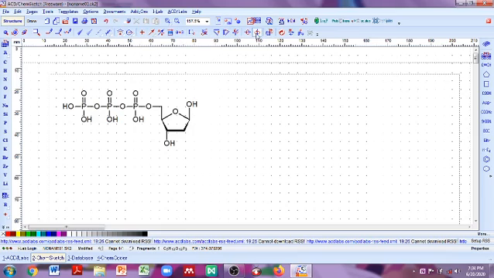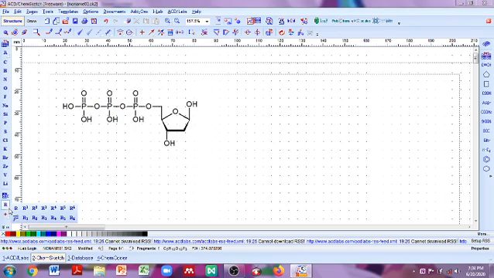This is for templates. This one is very important, clean structure. For 3D optimization, this option is available. On the vertical line, the first one is the periodic table of elements, and all the generally used elements are here.